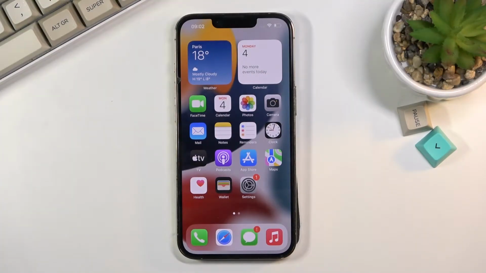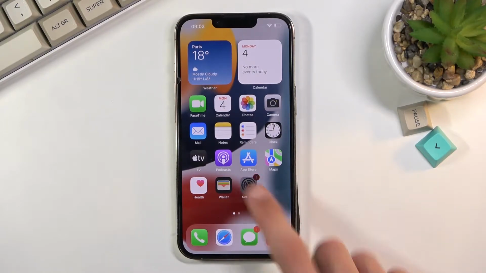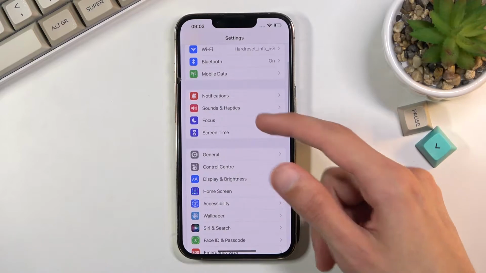Welcome. In front of me is an iPhone 13 Pro, and today I'll show you how to record screen on this phone. Now before we actually start doing so, we need to add the toggle through settings. So open up settings, scroll down to control center,